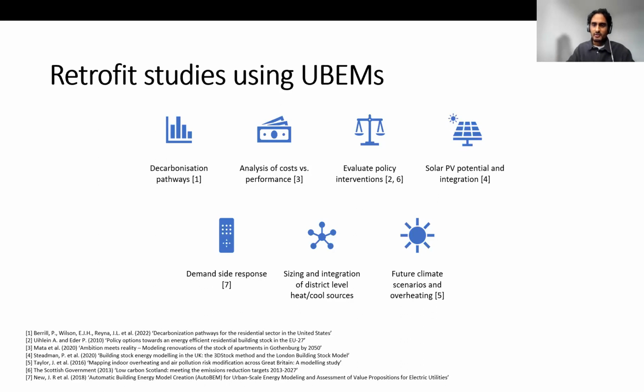And I mentioned it quite a few times now, but because we can analyze both at the building level as well as the stock level, this is probably something you'd want to do when evaluating policy approaches. Not only would you be interested in the macroscopic effects of how, for example, energy use or CO2 emissions of the area are reduced, but you also want to ensure that at the household or the building level, the occupants are still satisfied in terms of those health and social factors.